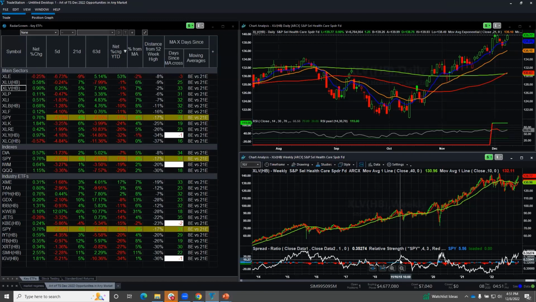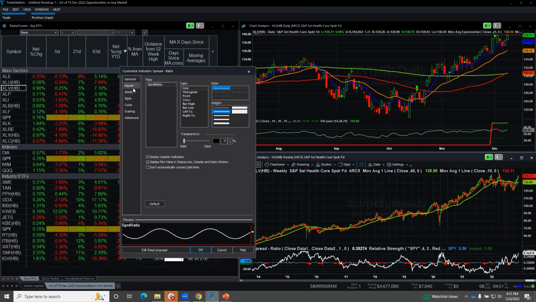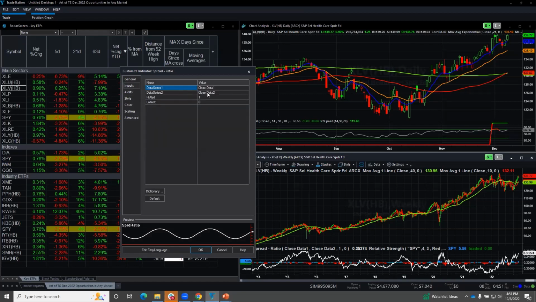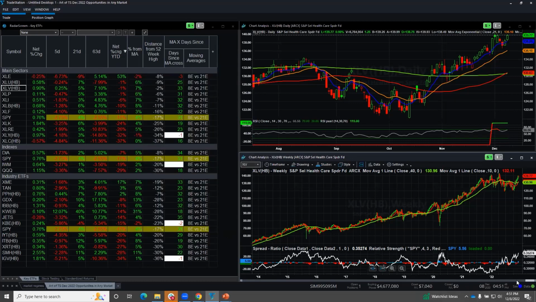And if we look at this indicator, we double click on that white line, you can see the inputs are data 1 and data 2. Data 1 is the XLV and data 2 is SPY, and it's going to do one as a ratio against another. So when healthcare is gaining as a percentage of the market and there's money flowing to healthcare,